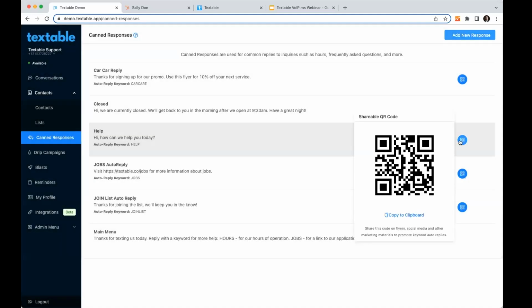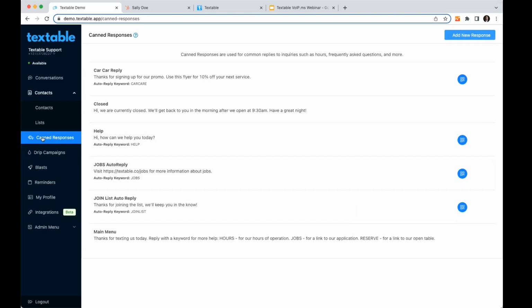And then one cool little feature is if there's a keyword auto reply set on there, we actually generate a little QR code for you inside of the app. You might want to put that on print media, digital media, flyers, things like that you might be handing out. You might be putting a tabletop or a sticker or a decal in your place of business. It's a great way to get people to join your list easily. When you scan that QR code, it's going to open up their native messages app, pre-fill the number and the keyword, and all they got to do is hit send, and that initiates that whole automated reply, again, getting them into your list or your sort of sequence that you want them to.